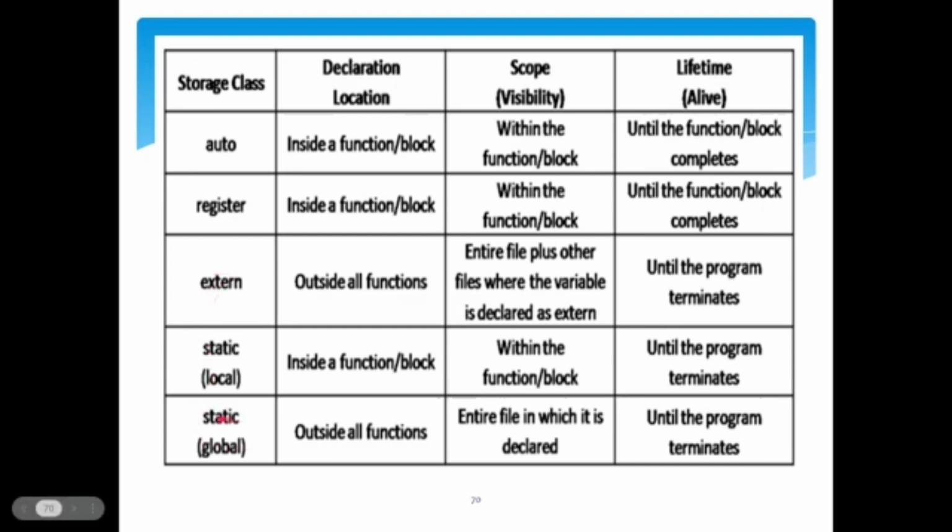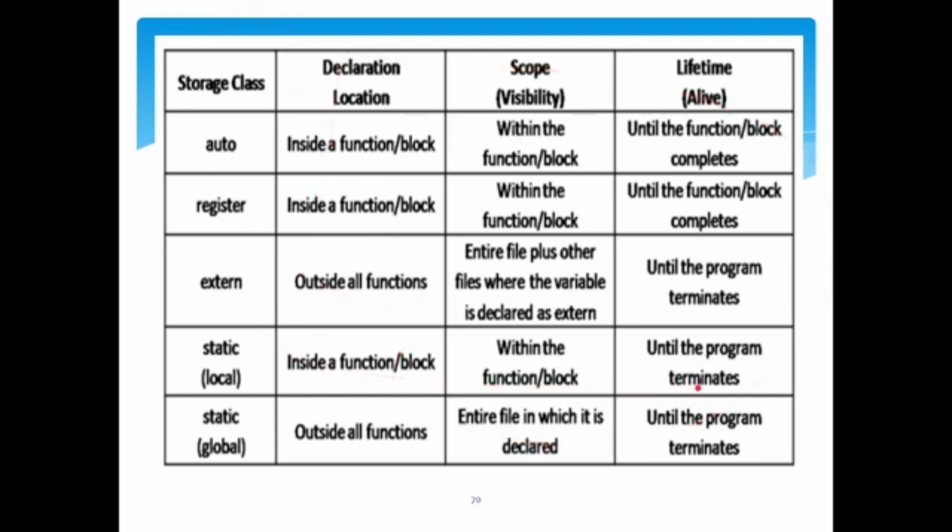And similarly for static global, it is only the entire file in which it is declared. Static global, in the name itself global, till that file where you have declared. This is the scope, visibility, lifetime, and where you need to declare the storage classes. Okay,